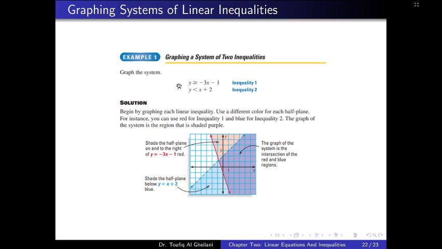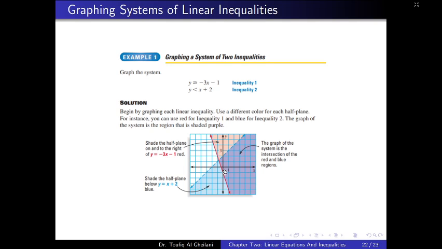Here we are graphing a system of two inequalities. First one, y greater than or equal to minus 3x minus 1, and y less than x plus 2. So we should first draw the first inequality, y equals minus 3x minus 1. When x equals 0, y will be minus 1. When y equals 0, x will be